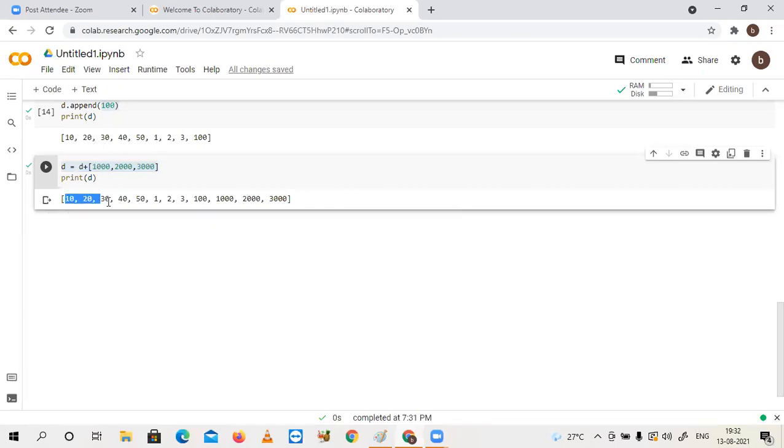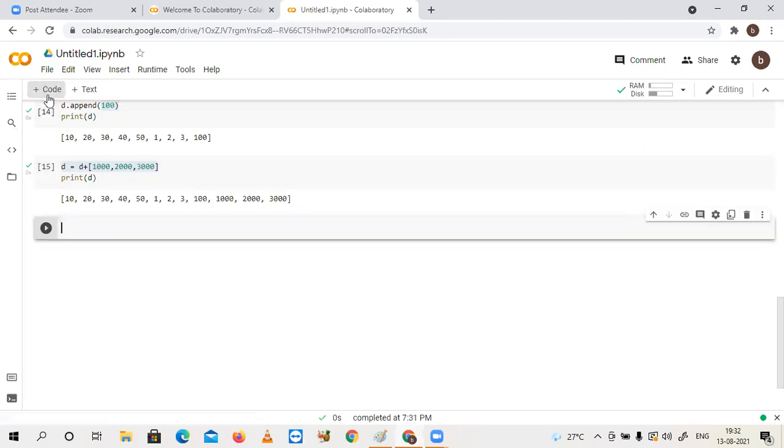Now a small task for you. From D, I want the first 4 and last 4, and I want to keep them in a separate list. Come on, tell me. I'm waiting for you. I want the first 4 and last 4 in one single list object.